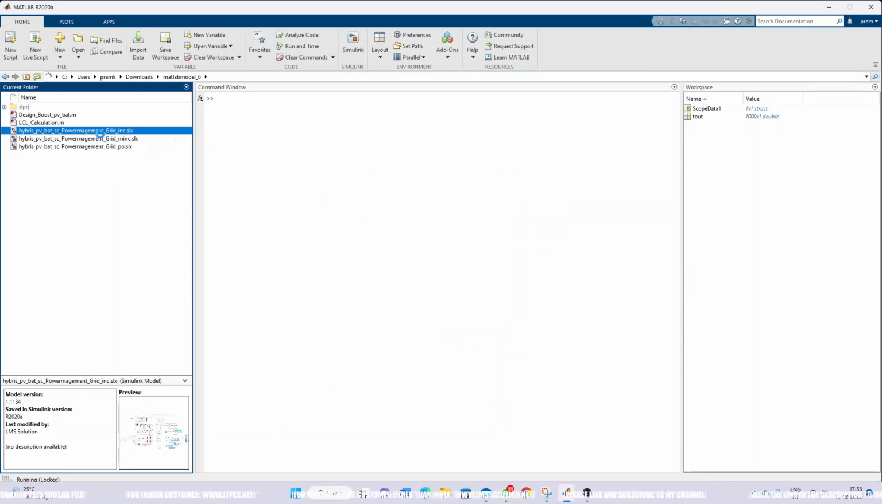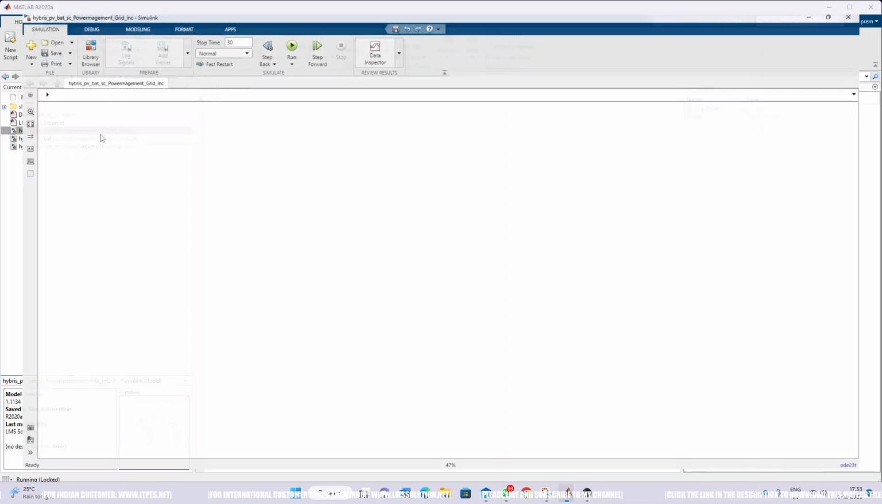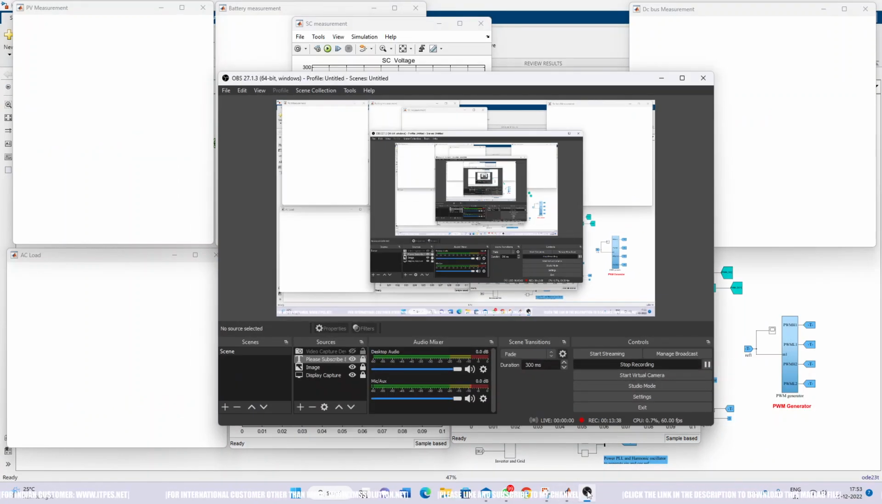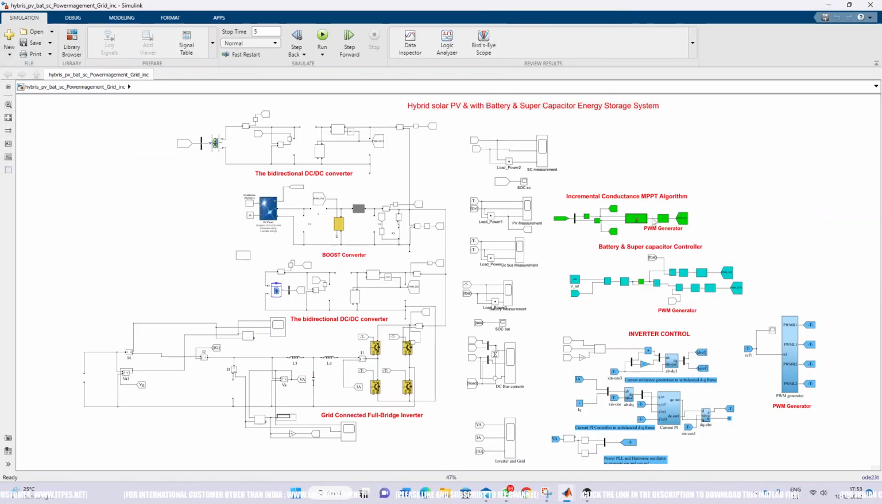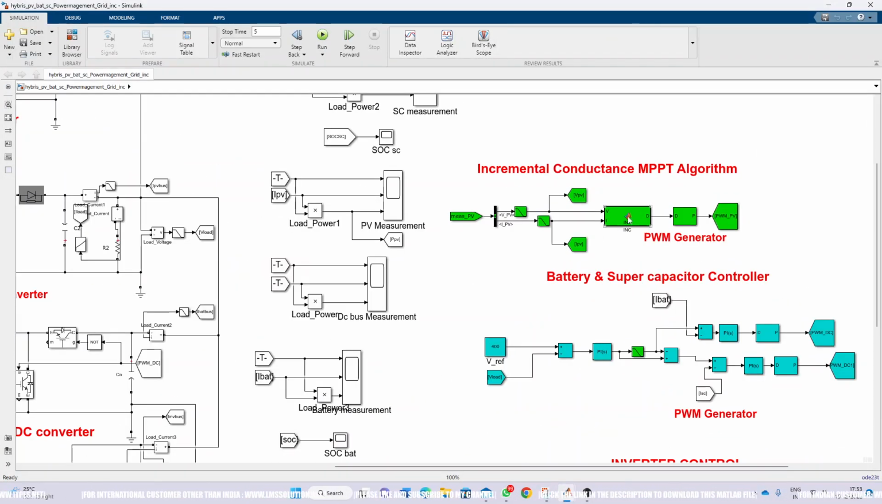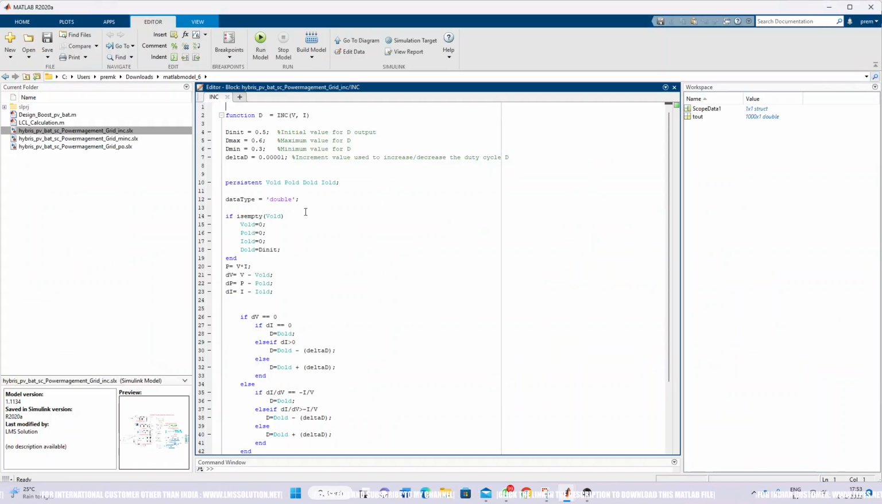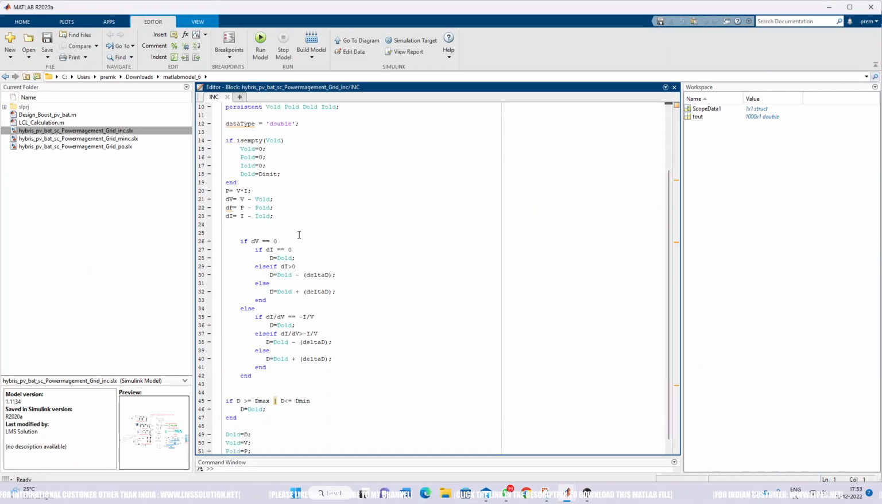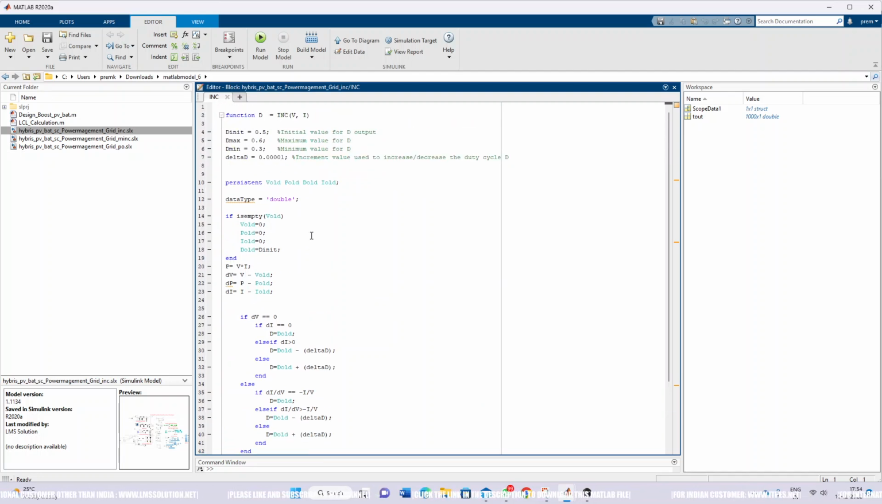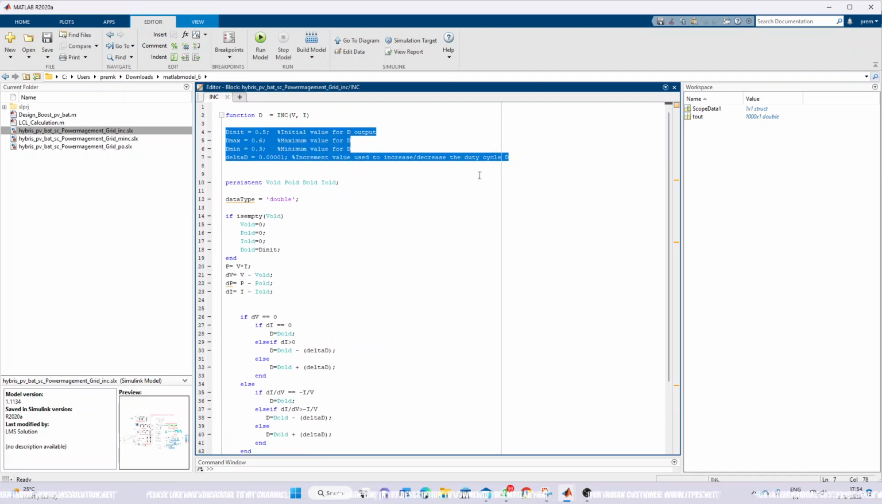So this is a model for incremental conductance in MPPT. Same thing, but we are using incremental conductance. I used only incremental conductance in MPPT. So here you can see that, same way as P and O in MPPT, we initialize the initial duty cycle, maximum duty